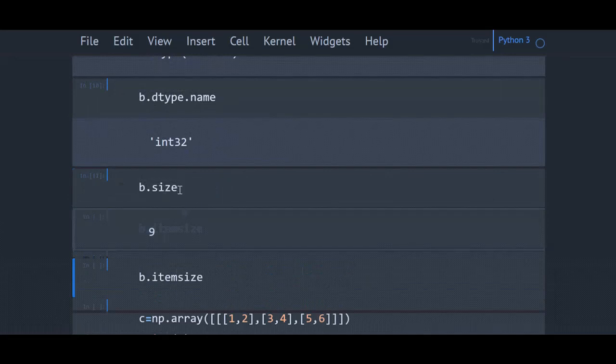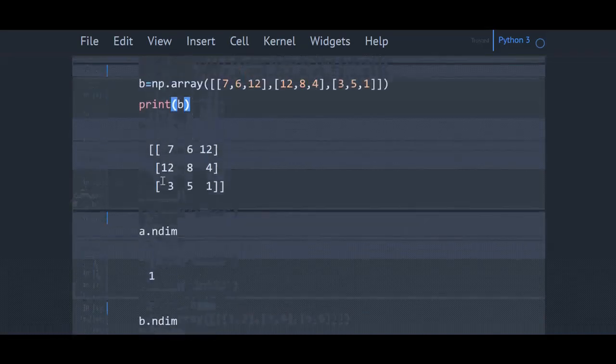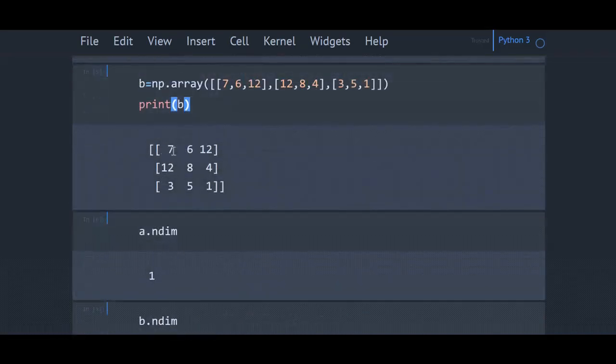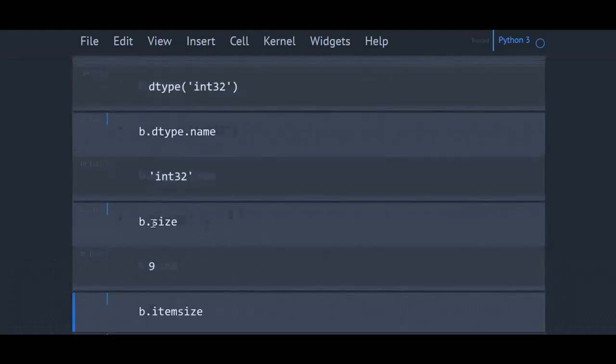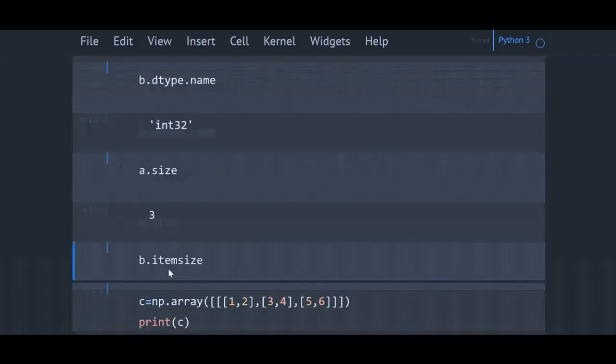Now b.size will give the total number of elements within the array. So here you can see b had 9 elements, so it is giving the output 9, and a had 3 elements, so here you can see it is giving 3.